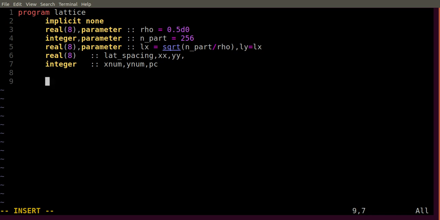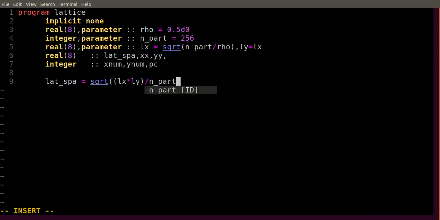So let's define the lattice spacing, which is basically lat spa. So lattice spacing is equal to the square root of the area, which is Lx star Ly, divided by your number of particles.